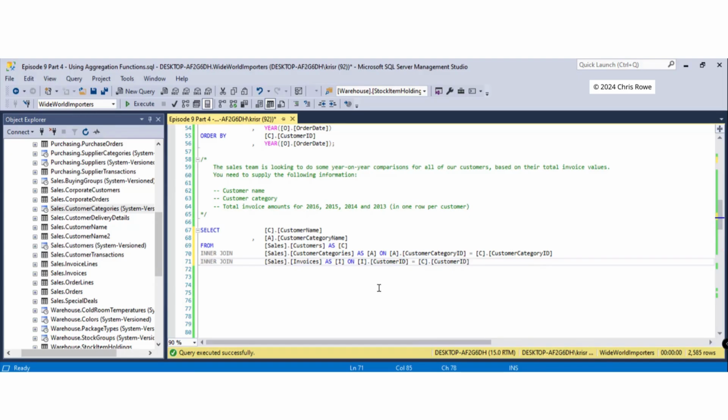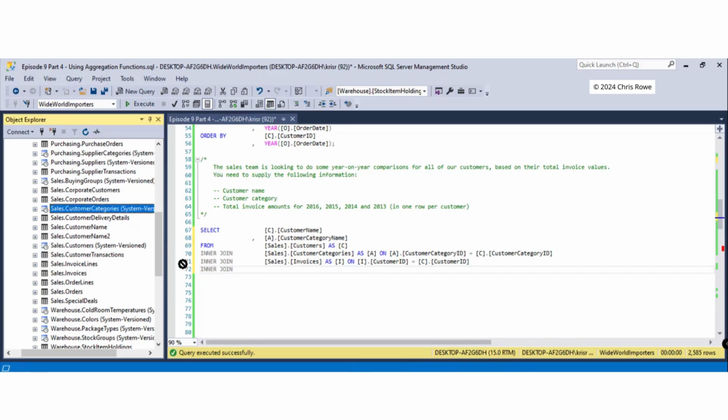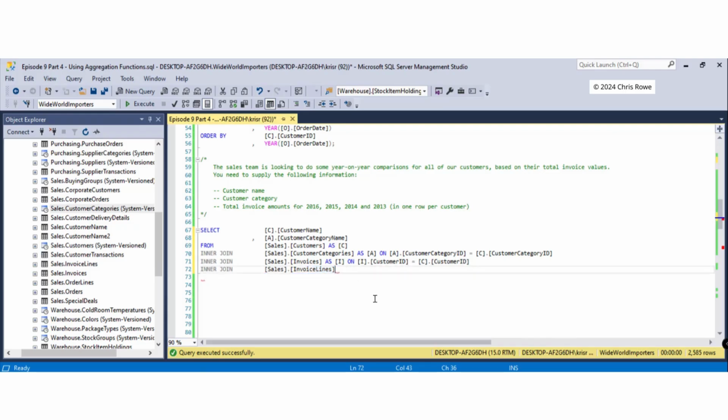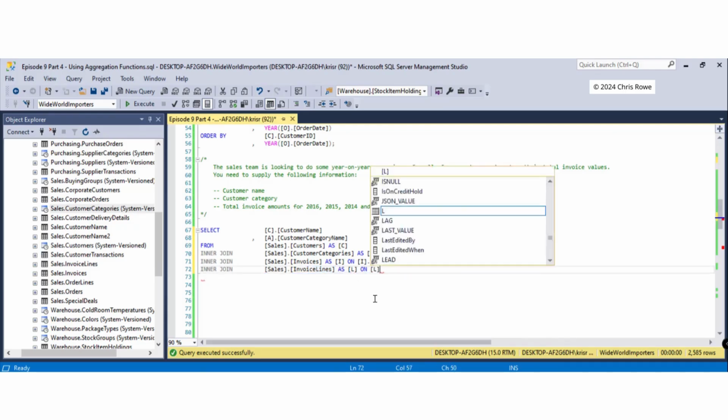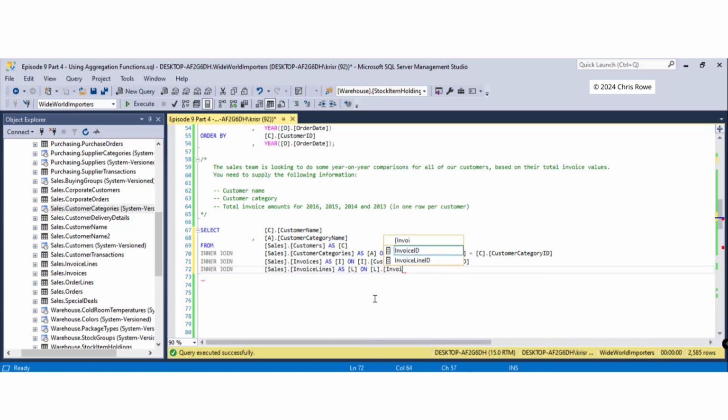Customer ID, and then we also need our invoice lines, because that's where all our values are. Total invoice amounts, invoice lines, we'll bring that in. Invoice ID equals